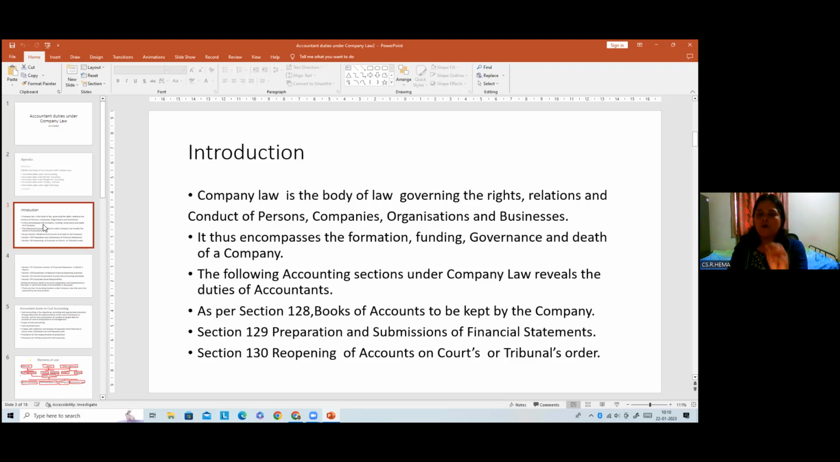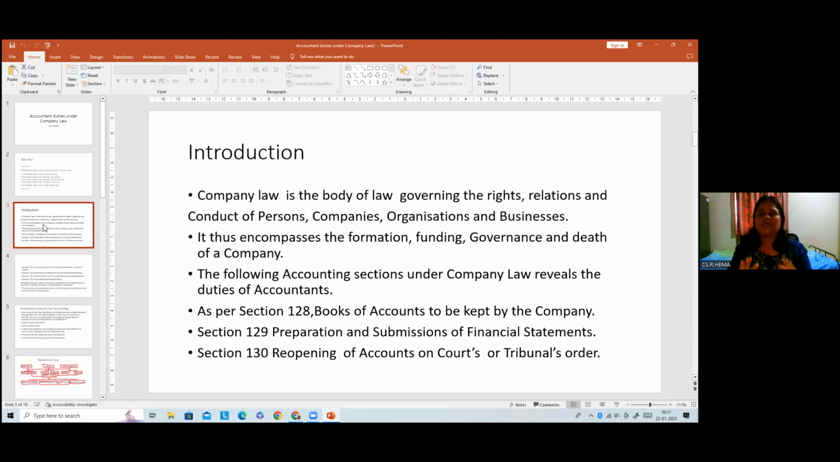Formation is done by incorporation of a company, which is to be done with the Registrar of Companies. Funding means if it is a proprietorship or partnership, it is funded by themselves. If it is a limited company, it is done by issuing shares and debentures. You know that. Governance is done by professionals: company secretary, chartered accountant, and CMA persons. And the death of a company, or winding up of a company, is done by insolvency